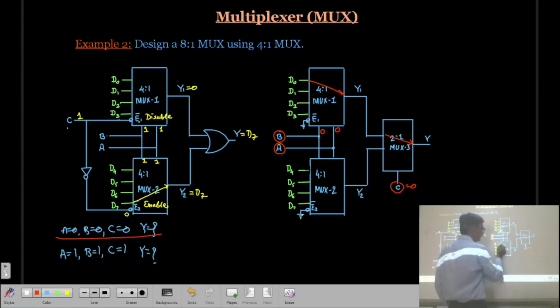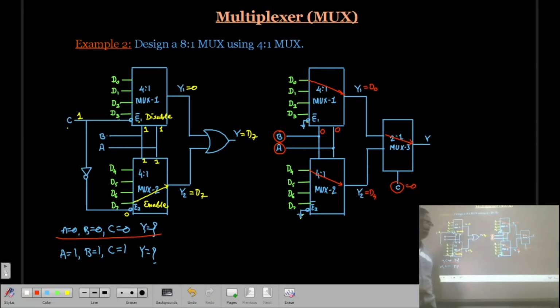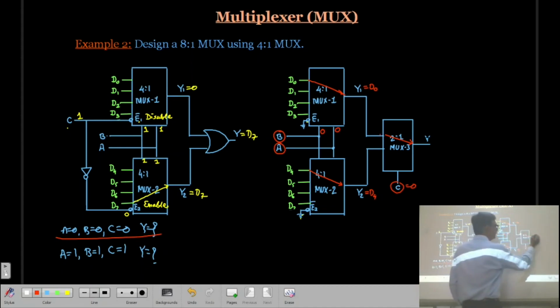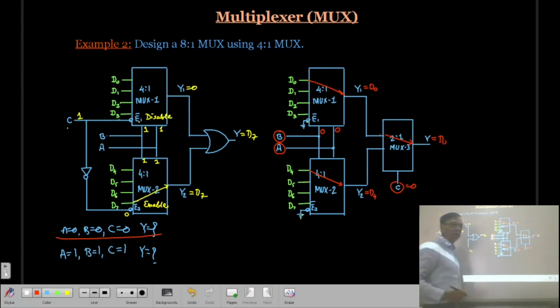Here in this case, D4 is going to be selected. So Y1 will be equal to D0, Y2 will be equal to D4. But C is 0, so here Y1 is going to appear at the output, and that is D0. Okay? So Y will be equal to D0.